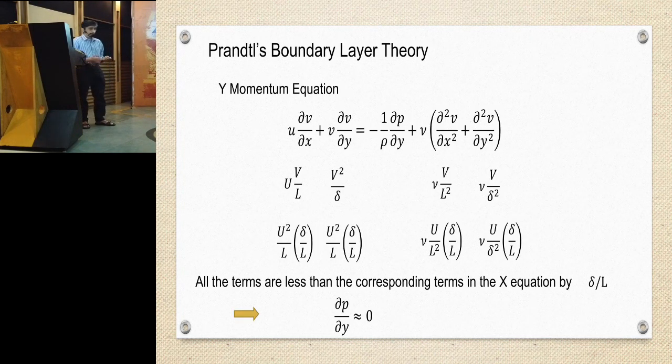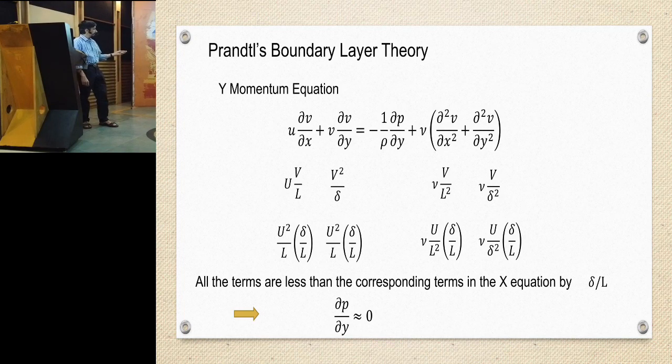And then if you look at the y momentum equation and again estimate the order of magnitude of different terms. So for example, u goes like capital U, v goes like capital V, x goes like L, y goes like delta. For pressure gradient, we do not know how it goes, so we keep it undetermined. Now if you substitute for v from what we estimated here,